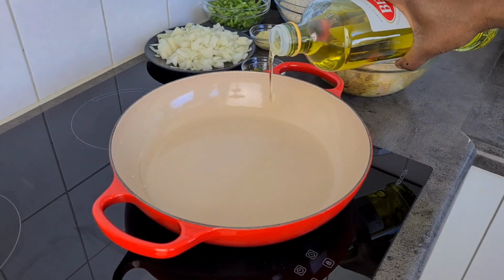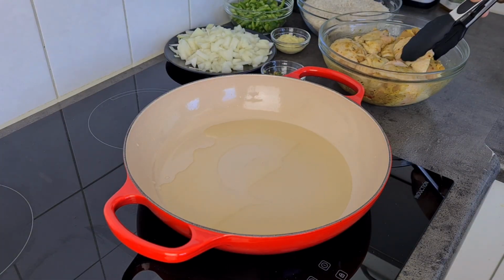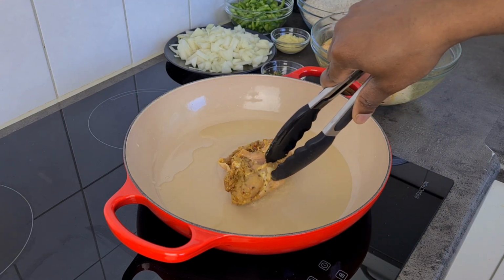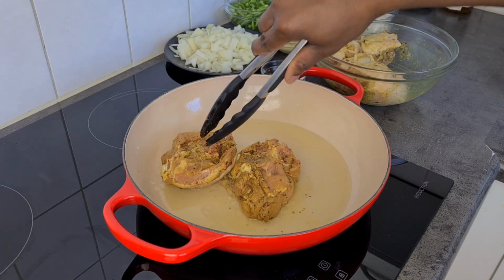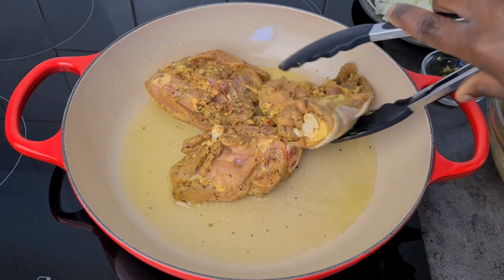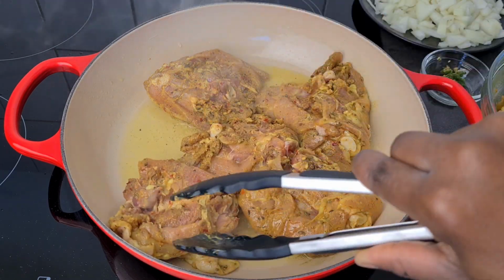So next, I'm going to add about 3 tablespoons of some olive oil into my cooking pot. When it is nice and hot, I'm going to drop in my chicken skin side down, and at this point your chicken should be at room temperature. You will hear your chicken sizzle just like this if your pan is hot enough. Now add the rest of your chicken all skin side down